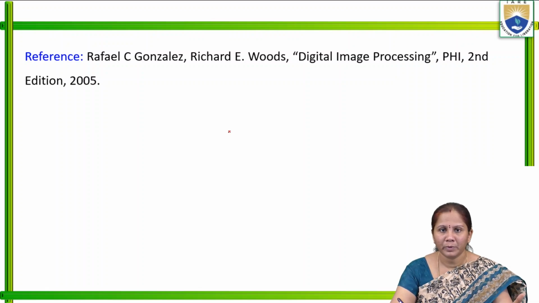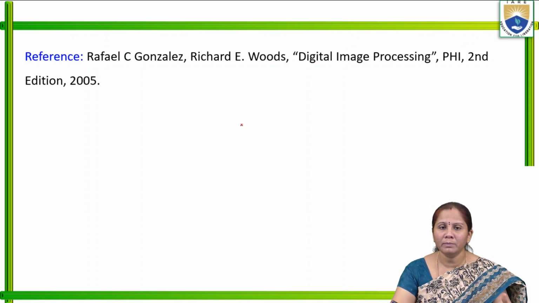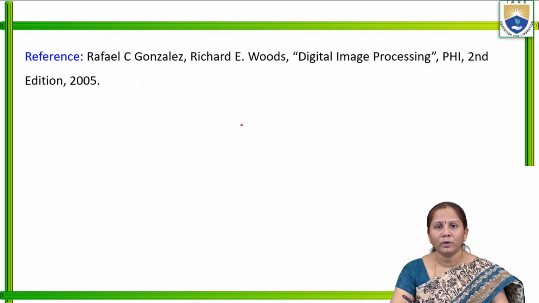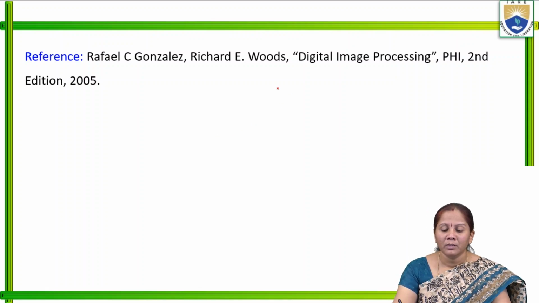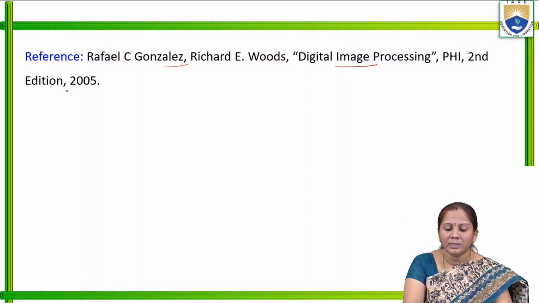So we have seen preliminaries and some important terms like reflection, translation and structuring element, and we have discussed two more important concepts, dilation and erosion, and then opening and closing. In the next session, we will solve some example problems related to dilation, erosion, opening and closing. The textbook we have referred to for this content is Digital Image Processing, second edition, by Rafael C. Gonzalez.